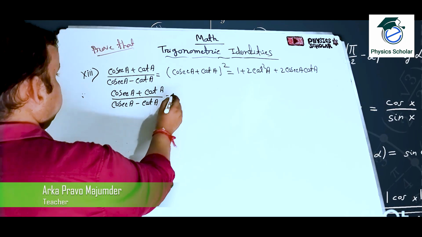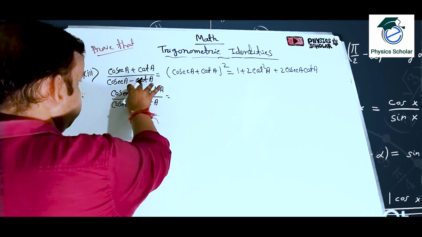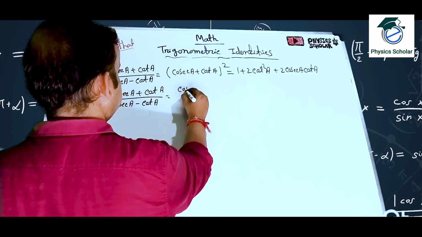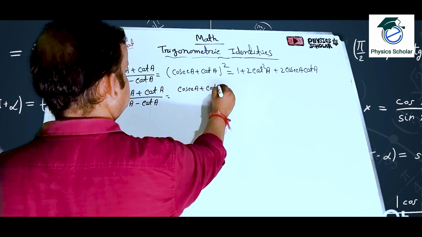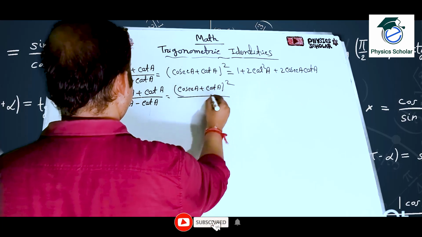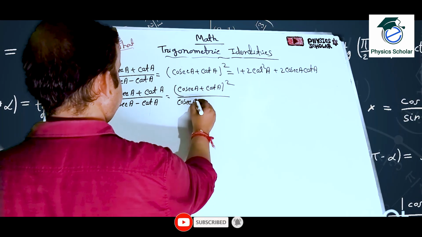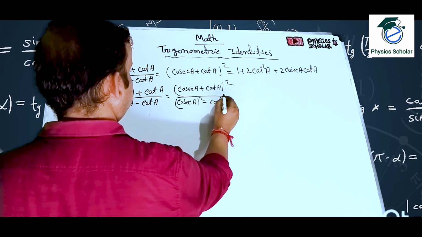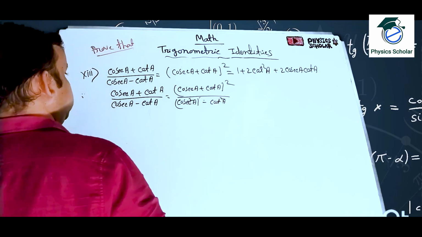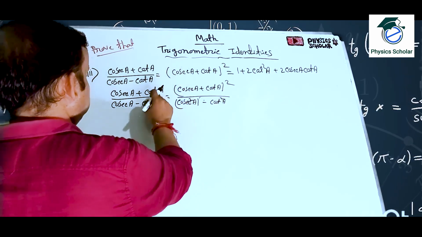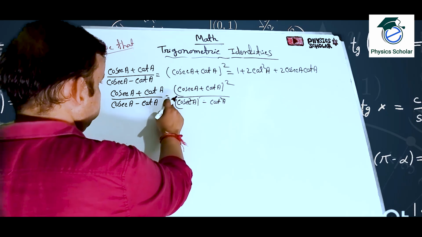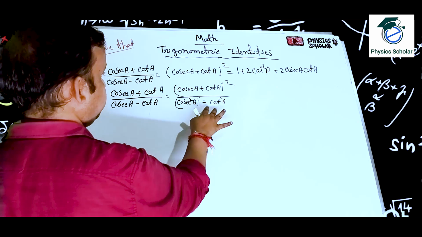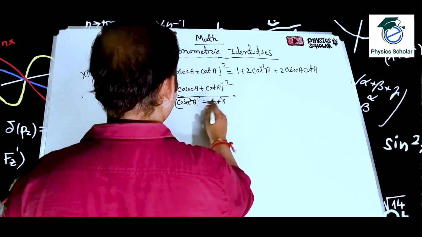This type of one sum we have done. So we have to multiply because both the thing is same, only here plus, there it is minus. So we have to multiply with the opposite sign. That means cosec A plus cot A whole square divided by cosec square A minus cot square A. How? Cosec A plus cot A into cosec A plus cot A divided by cosec A minus cot A into cosec A plus cot A. So cosec A plus cot A whole square divided by A plus B into A minus B means cosec square A minus cot square A. So cosec square theta minus cot square theta means 1.